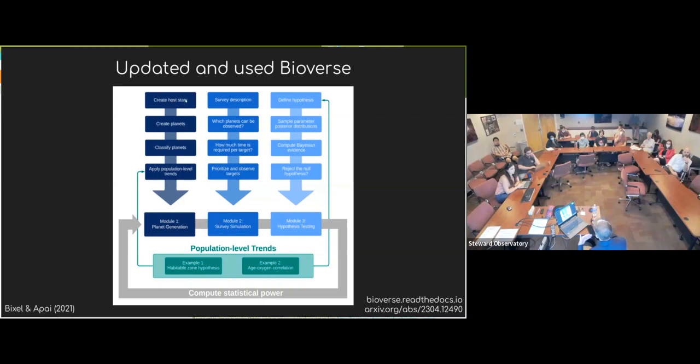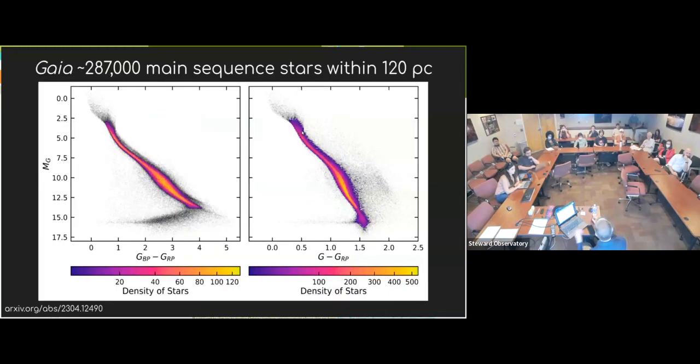I'm mostly going to talk about module 1, where we generate planets, and then module 2, where we run a survey simulation. But up here at the very top, exoplanet astronomers specifically need to not forget about the stars. The stellar characterization is very important, and especially when you're talking in a statistical sense, you have to have very good uniform stellar parameters. So the first thing we did was use this wonderful data from the Gaia mission to